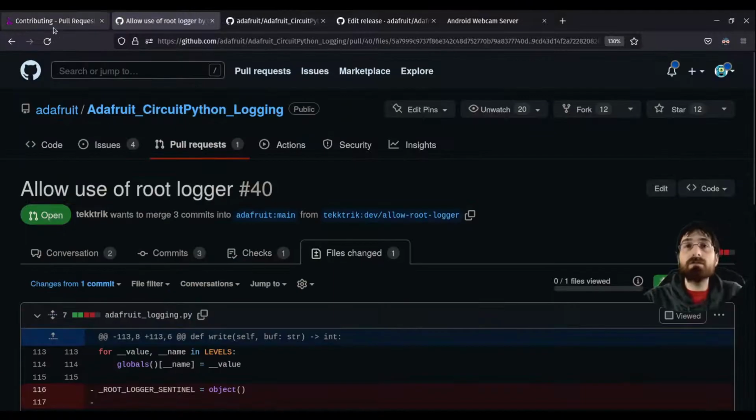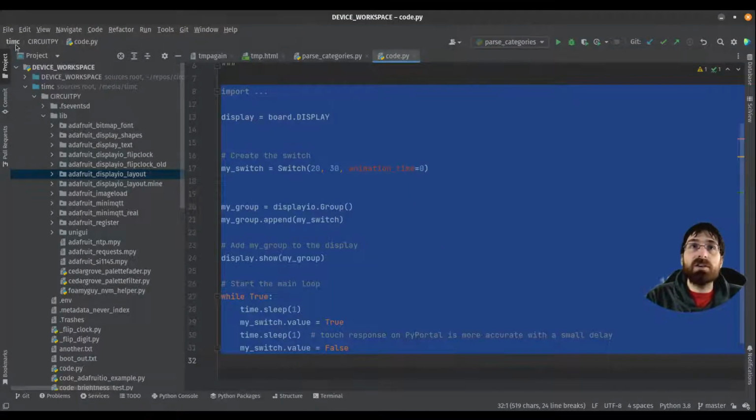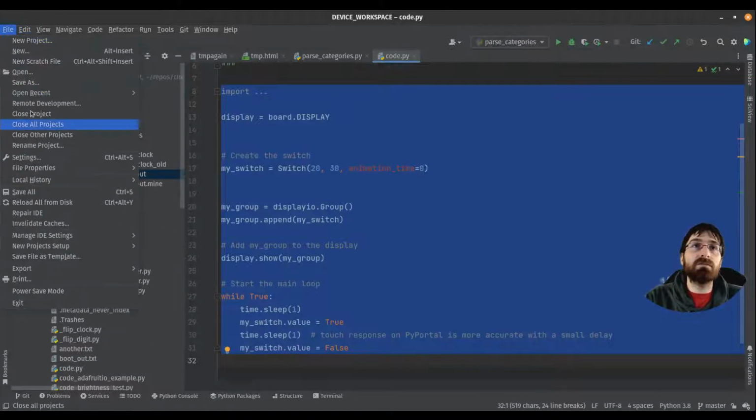Okay, logger, we can try this one. I actually have this one, so